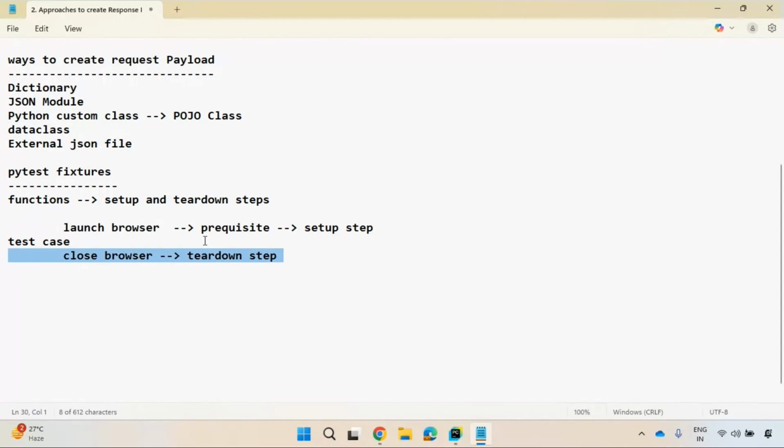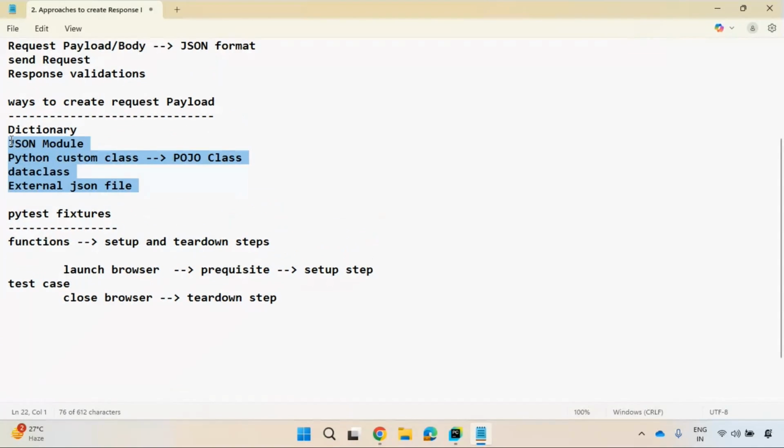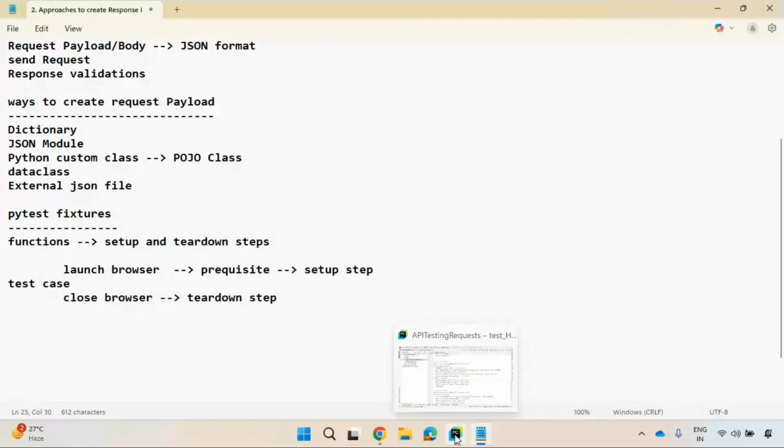We'll use this PyTest fixture function in all these ways, along with these ways, to delete the user ID which we are going to create, because unnecessary creation of IDs I am not using them. So that's where I will go and create. So with the help of this PyTest fixture function, observe here, I'm going to PyCharm,